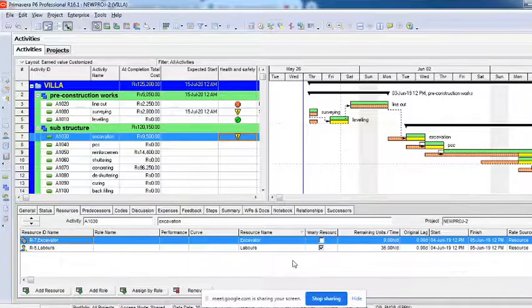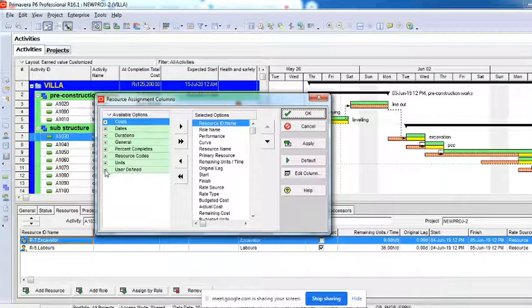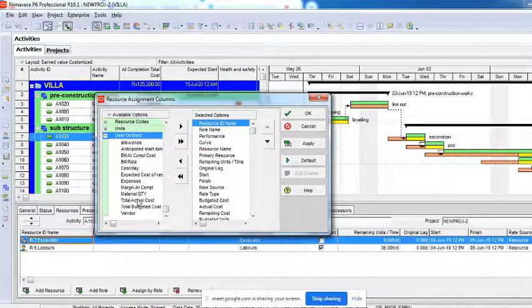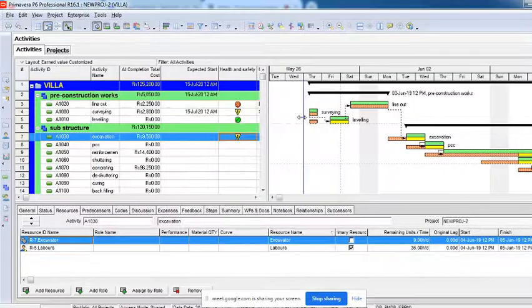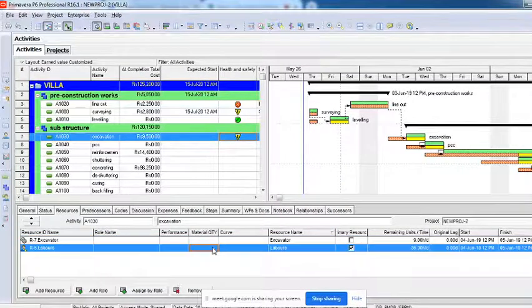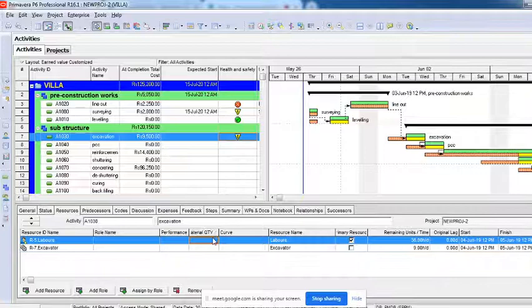Now for this particular page we have created the column. Here I can insert it. How do I do that? Here I'll right click, customize resource columns. You can see here we have a user defined section, and there is something called material quantity here, and now I can bring it wherever I want. I'll say apply. Okay, and you can see I have come to this option called material quantity.